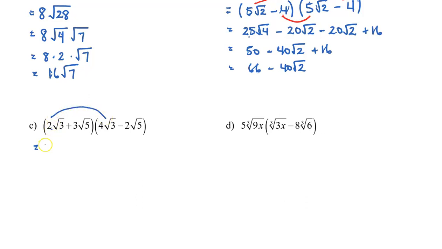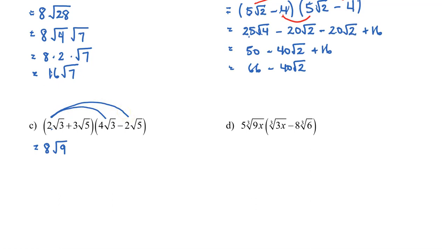So 2 times 4 is going to be 8. And then root 3 times root 3 is root 9. Now you can change it to 3 now if you like, but I like to keep it as a radical first. So I'm showing you how to just multiply, but not changing or simplifying any of the radicals. So now we're going to go 2 root 3